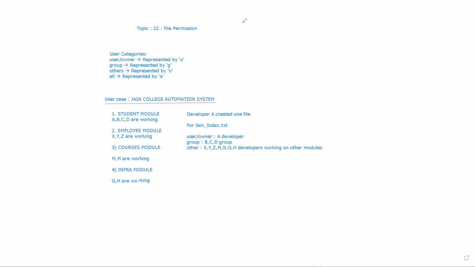Now we will see the next topic, permission types. We already saw that for files and directories there are 4 types of permissions. What are all those permissions we saw? The permissions are